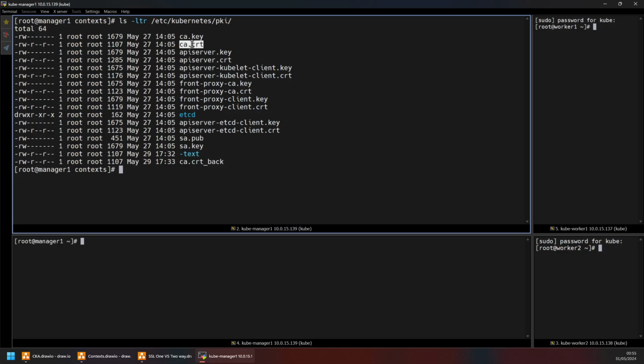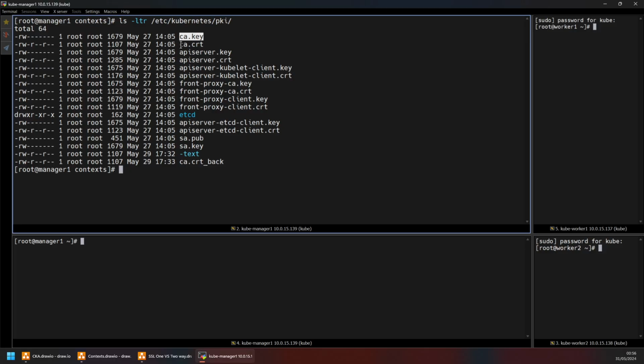When you initialize Kubernetes on your master server as a manager server, it's going to create the CA key and CA certificate. These are the two important files you need. If I have only the CA certificate, it won't work. You need to have the CA key also. This is a very important file, and it should not be shared